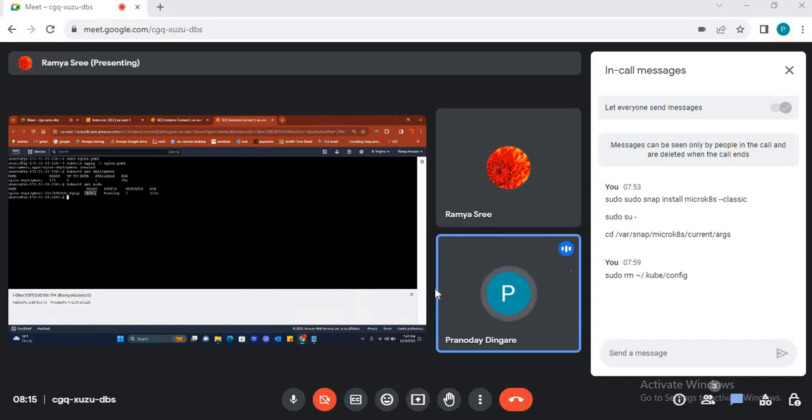Please understand what I'm saying. Multiple containers can also be executed inside a single pod. But let's say if you have two containers in a single pod, here you will see 2/2, meaning